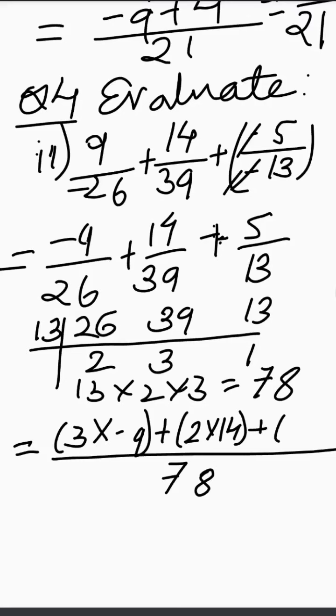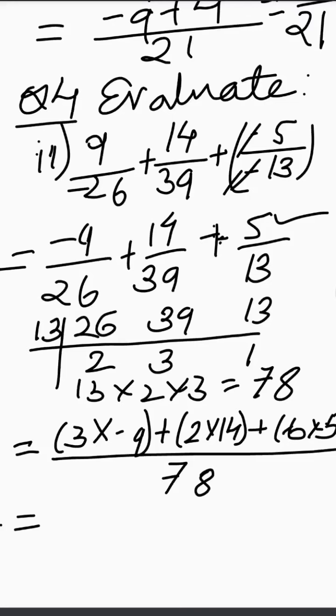78 you will divide by 13. So when you divide by 13, what you will get? 6. Okay. So here it will be 6. Sorry children. Write here 6 multiplied by, what is the numerator? Your numerator is what now? 5. Okay. Now just simplify.